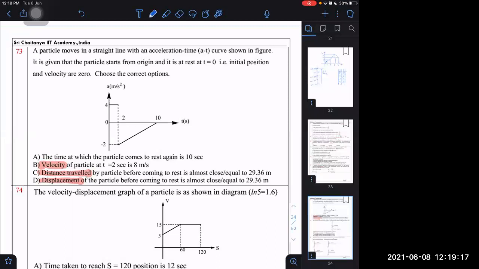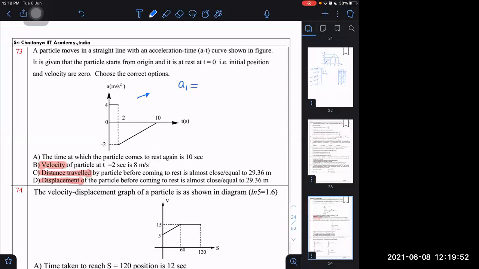Because from an acceleration versus time graph, we can directly get information of only either acceleration or change in velocity. But we can't get the information of displacement, neither by area under the graph, nor by the slope. So to get the displacement, first I will have to determine velocities, and then after getting velocity, I will get the displacement. This is a little lengthy. To do that, I recommend that first you write the intervals.